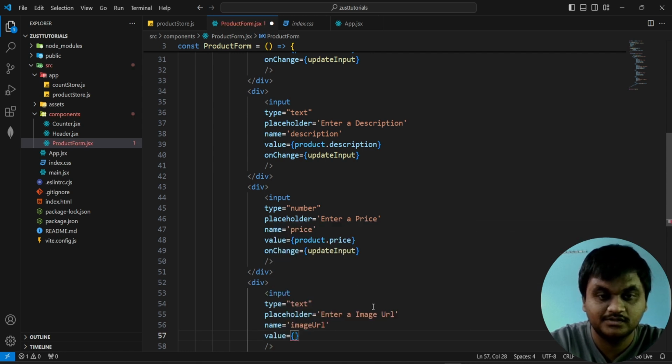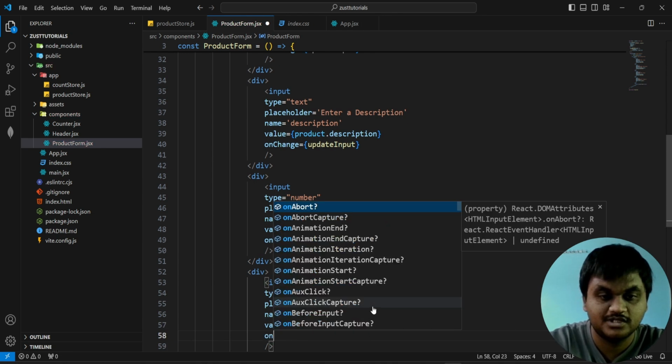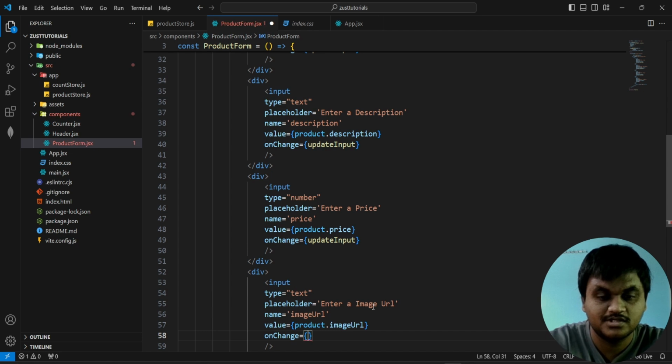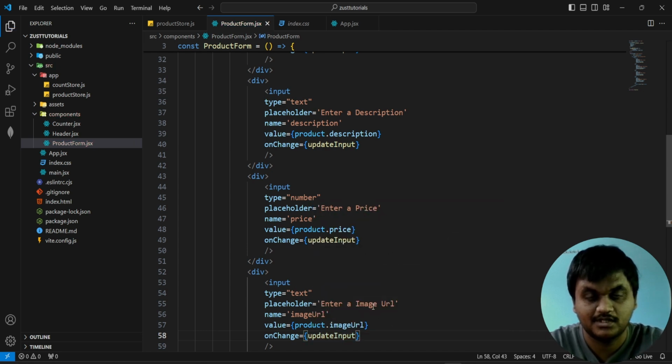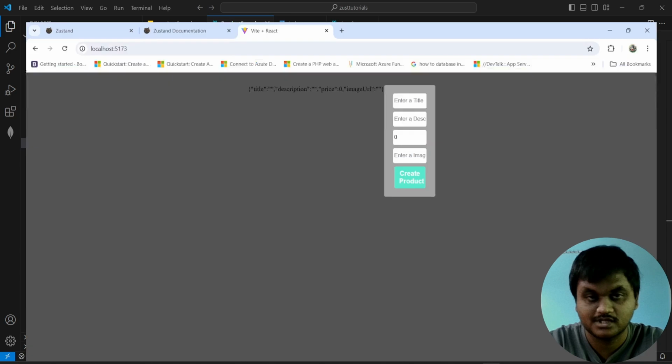Value here also product.imageURL and onChange updateInput. Same way, if you go to the browser,